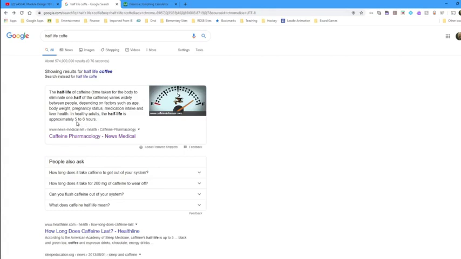So if you drink a cup of coffee, it'll take 5 to 6 hours for half of that cup to leave. So if you started with 1 cup, you'd still have half a cup's worth of caffeine in your body 5 to 6 hours from now, and then another 5 to 6 hours you'd have a quarter of that, and then another 5 to 6 hours you'd have 1/8. So it takes quite a while before these things will leave your body,